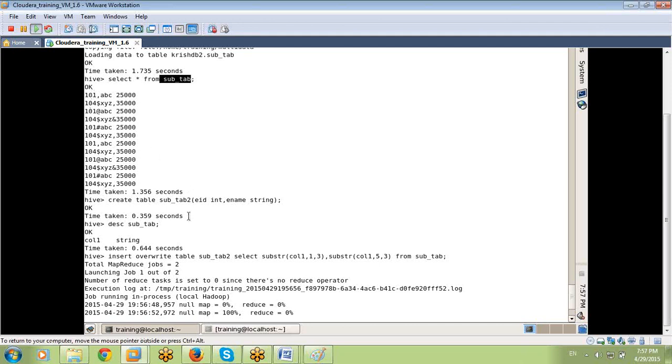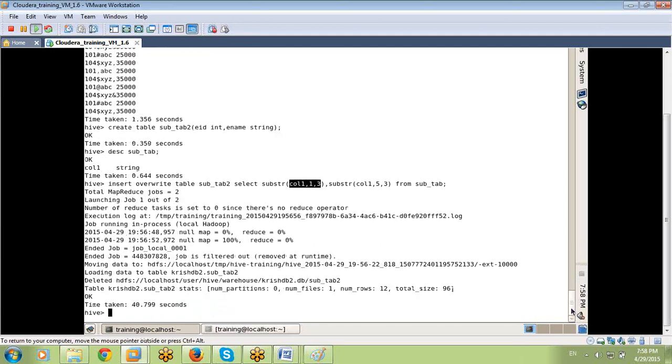It copies and pastes into our table. It counts the length, whatever length we mentioned, and copies and pastes that into our table. Again for the second one, it checks whether col1 is available. It's available, and the length is there. Whatever length we mentioned, it copies and pastes into our table. So inside substring, according to what we mentioned, our data is copied and pasted. Let's see: select star from subtab2.